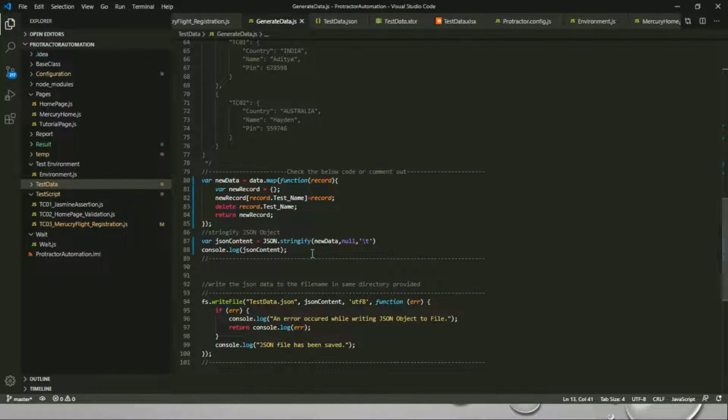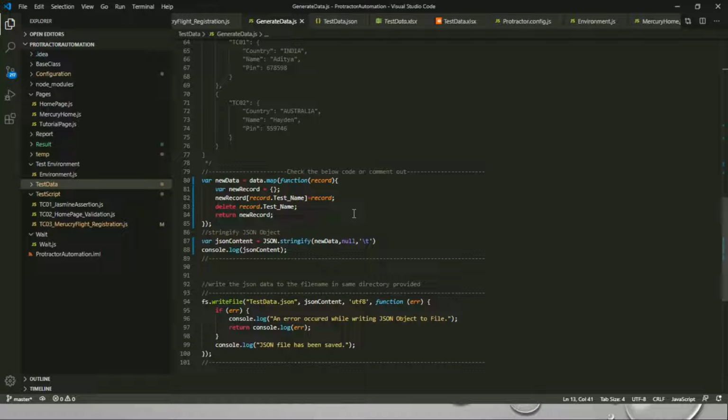And this is how we need to use. So new data equals data.map function record, where new record, and we are creating this new record from the JSON. I'm not going into details, but basically you can check my code. I have already committed the code in GitHub. Simply I'm trying to convert using a map function, data mapping functions, and converting one by one the